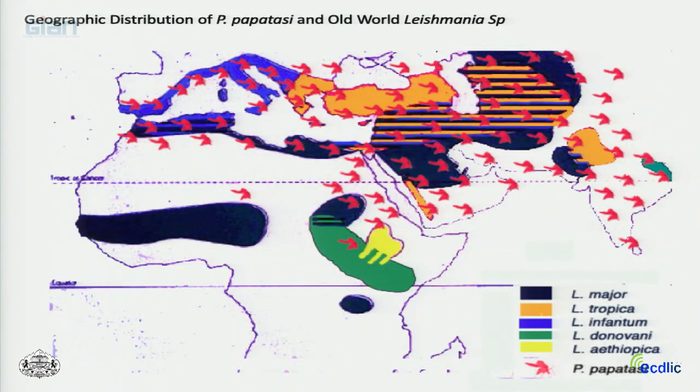Okay. So we'll spend some time trying to understand why sandflies are natural vectors of Leishmania and why we observe these interesting species-restricted vector